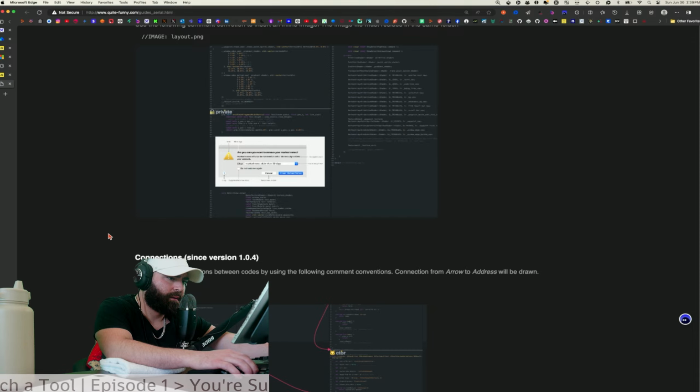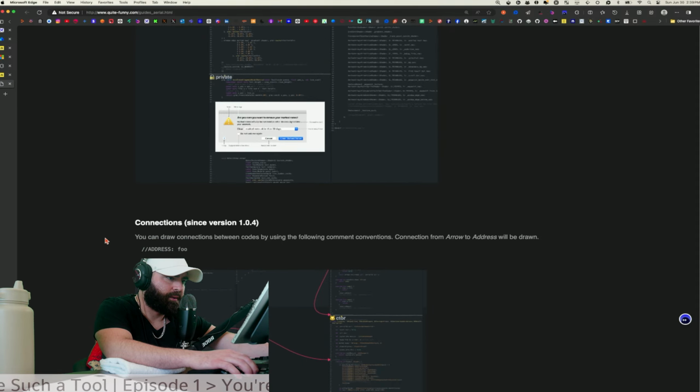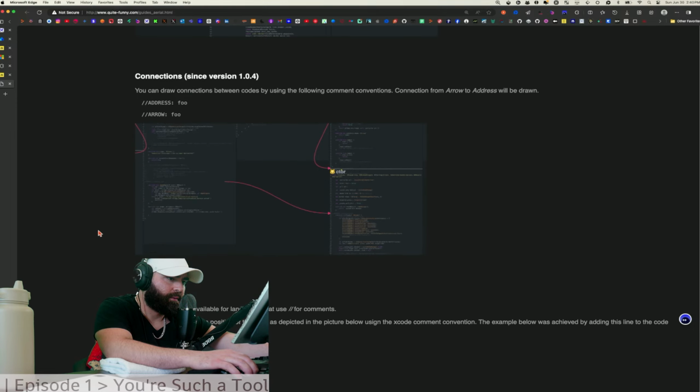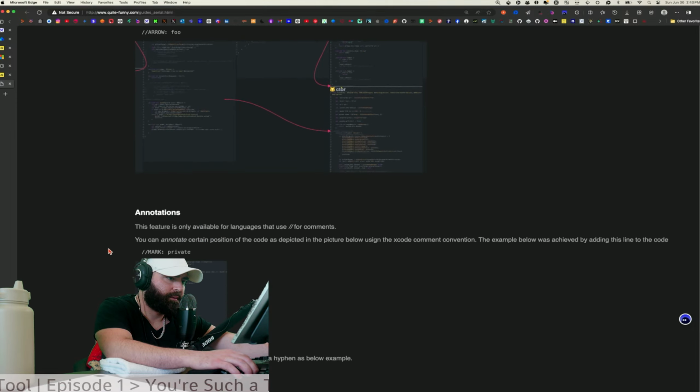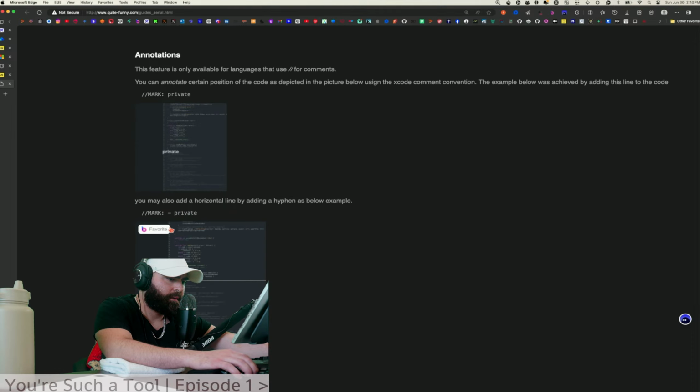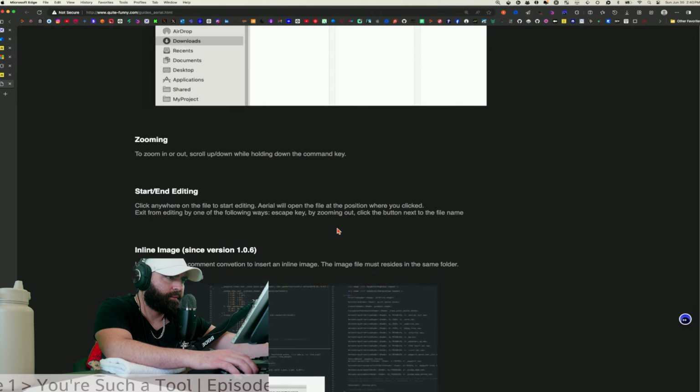Okay. You can draw connections between codes by using the following comment. Address foo arrow. Well, that's badass, dude. You can annotate. Place horizontal line. Position files.